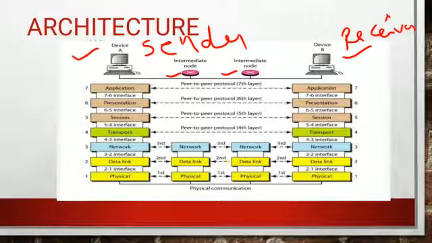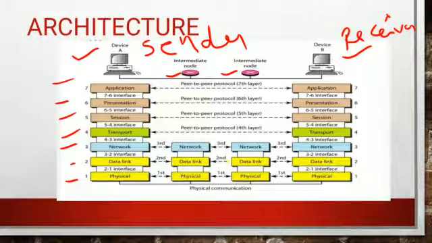How will it take place? In the OSI reference model we have 7 layers: physical layer, data link layer, network layer, transport, session, presentation, application. In the middle, the 7-6 interface is the interface between layer 7 and layer 6. Here each and every layer is again interconnected. The application layer follows a peer-to-peer protocol, and the presentation layer also follows the peer-to-peer protocol, and the session layer and the transport layer also follow the peer-to-peer protocol.